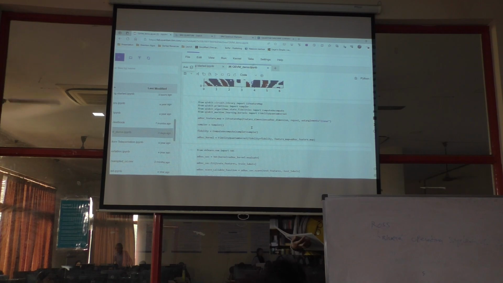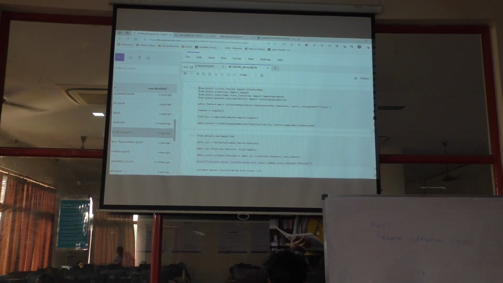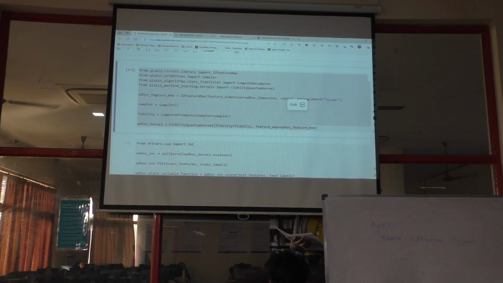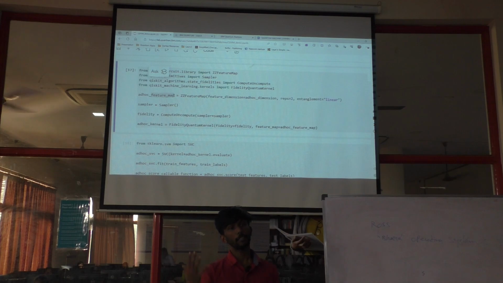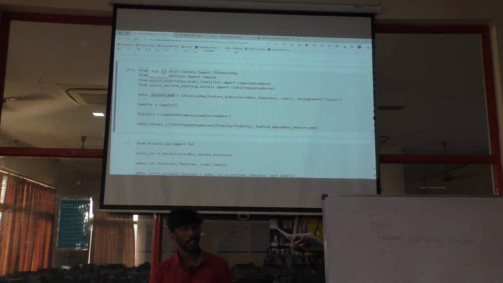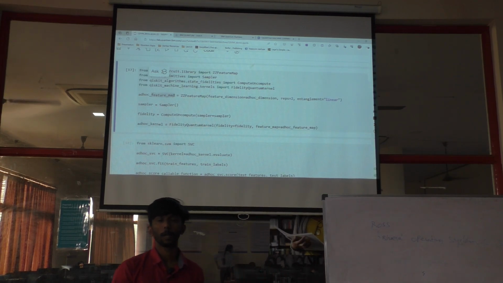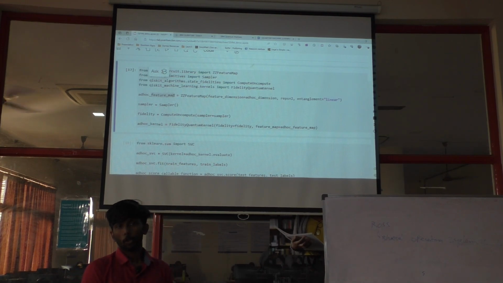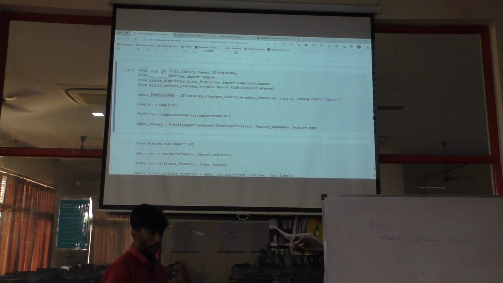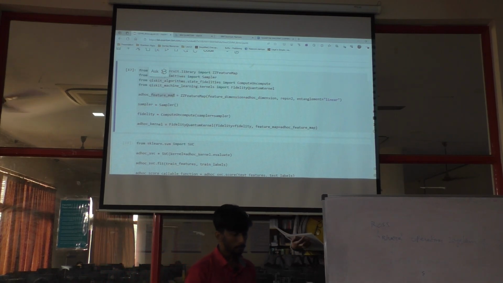I think this will be the most interesting part. This part is where we define the feature map. I hope it is clear where we define the feature map. There are multiple feature maps available. I can probably name a few: ZZ feature map, Z feature map, then we have Pauli feature map, and other feature maps that I probably want to learn in depth.